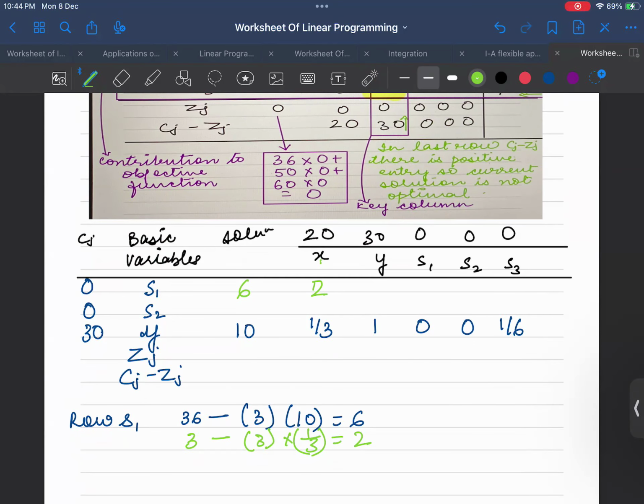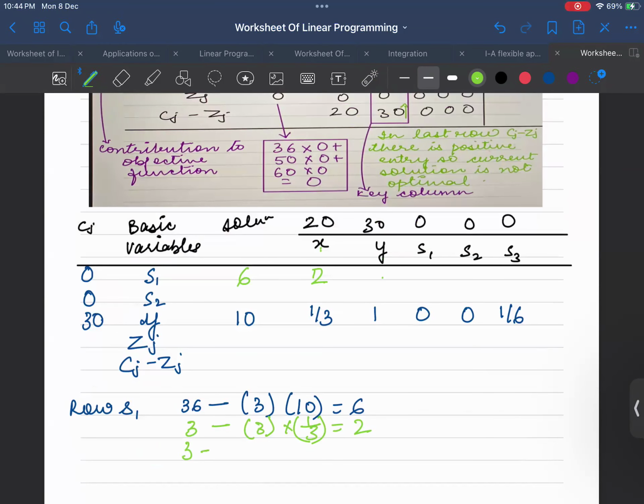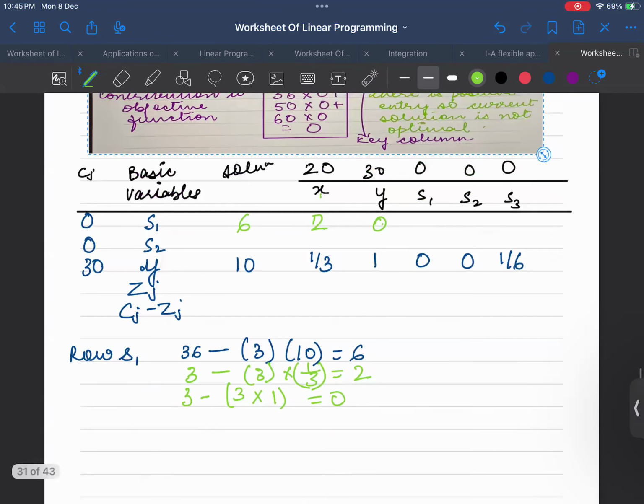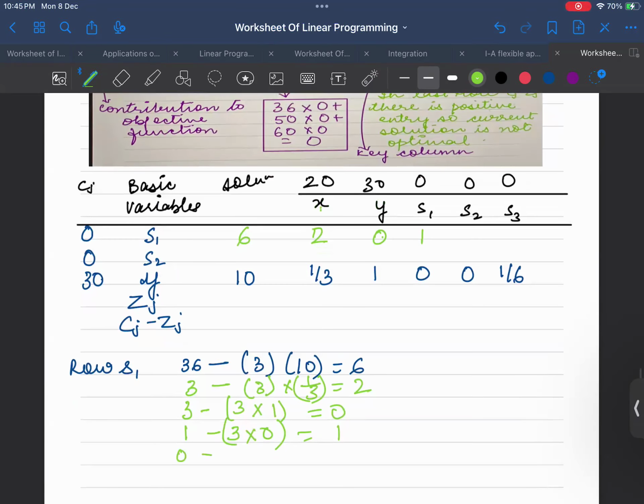अब मैं y वाली के कॉरस्पॉन्ड y और S1 के कॉरस्पॉन्डिंग यहाँ निकाल रही हूँ, इधर मेरे लिए मेरा पहले पुराना कितना है, 3 है, 3 माइनस, अब मुझे उसका कॉरस्पॉन्डिंग तो की रो खुद ही है 3, मल्टीप्लाई बाय इसकी कॉरस्पॉन्डिंग क्या है 1, तो मेरा आंसर 0 आएगा, इधर आ गया 0, इधर S1 के लिए इधर क्या था, मेरी वैल्यू थी 1 माइनस 3 मल्टीप्लाई बाय 0 कम्स आउट टू बी 1, तो मेरा इधर 1 आ जाएगा, ठीक है, मेरे टेबल 2 में 1 कैसे आया, क्लियर हुआ, इसी तरीके से मैं इसका देख रही हूँ, इस वाले S2 के लिए 0 है, 0 माइनस इधर 3 मल्टीप्लाई बाय कॉरस्पॉन्डिंग वैल्यू भी न्यू वाली 0 आई हुई है,